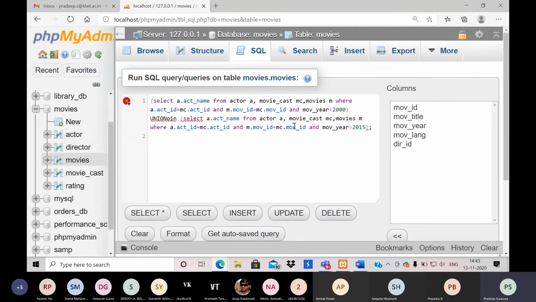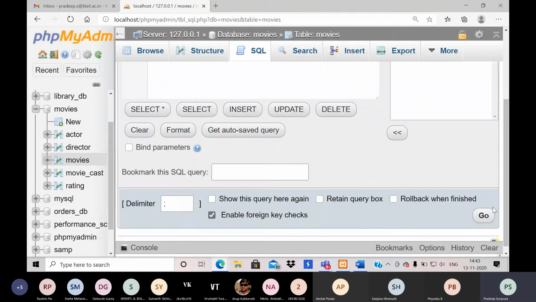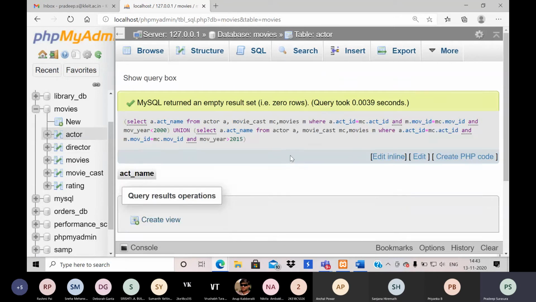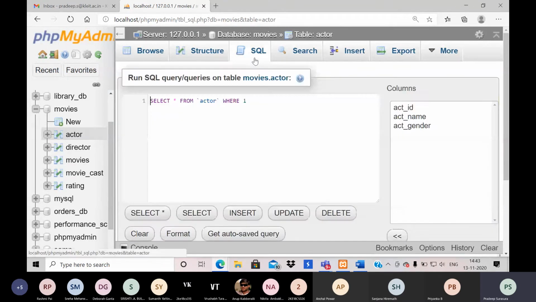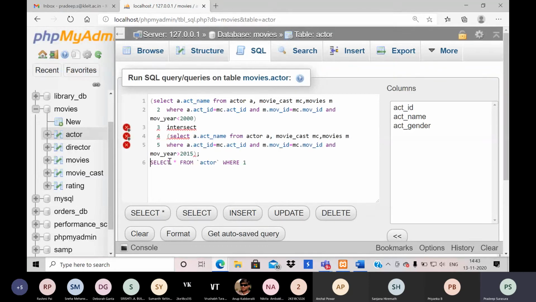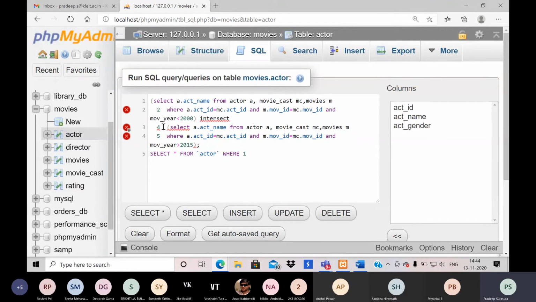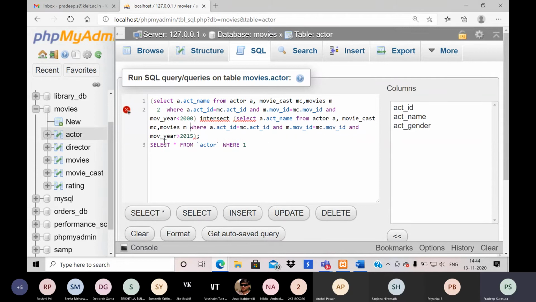see what happens to this. Okay, so greater than 2015 and less than 2000. Okay, this is again, I don't have any results of the type. I don't have the data like this, so it is giving an error. That means the query is correct. The query has no problem, but it is saying that I don't have that data.